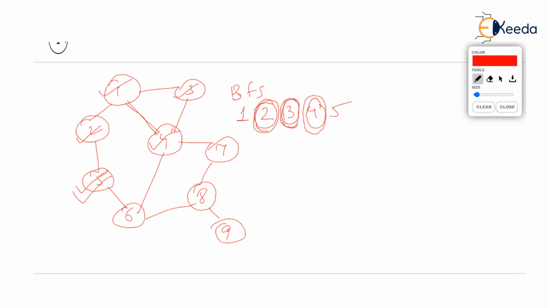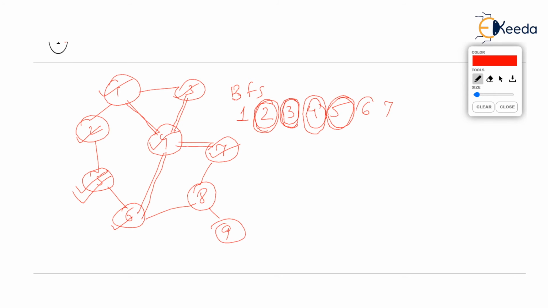3, 6, 7. But among the neighbors, 1 and 3 are already printed. So print other neighbors, which are 6 and 7. 6 and 7 are not yet ticked. After printing 6 and 7, we will mark them as visited. I hope you are getting it. Now the next vertex that we visited was 5. So repeat the process on 5. But among the neighbors of 5, you can see 2 and 6 are neighbors of 5. Both are visited. So 5 will not give us any new vertex or new output.